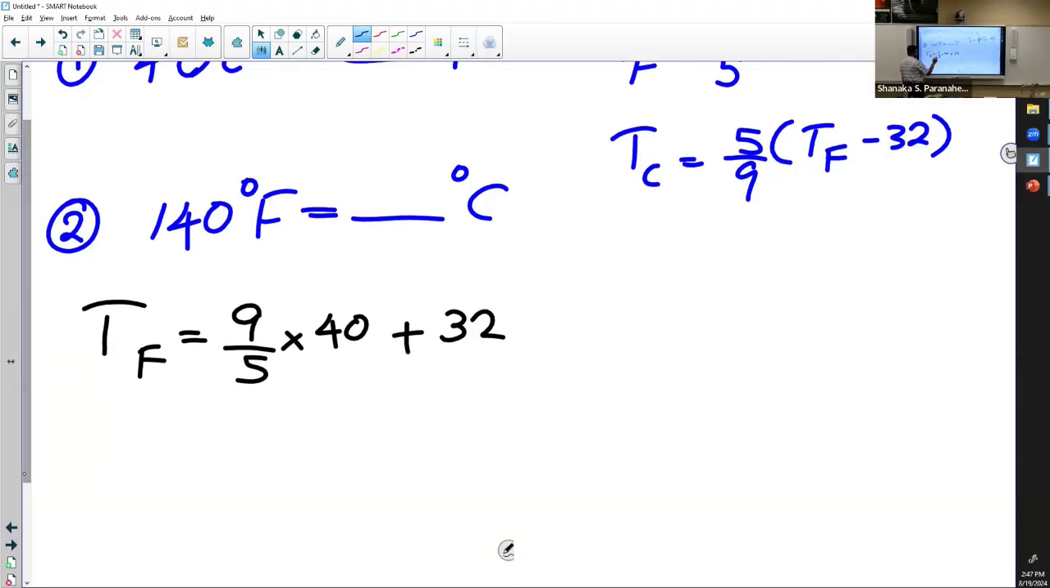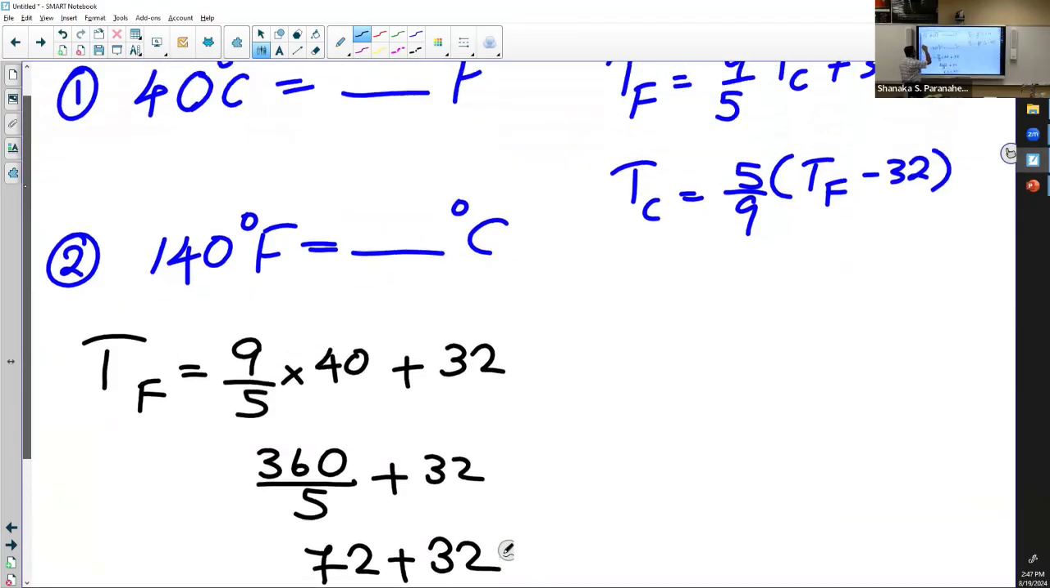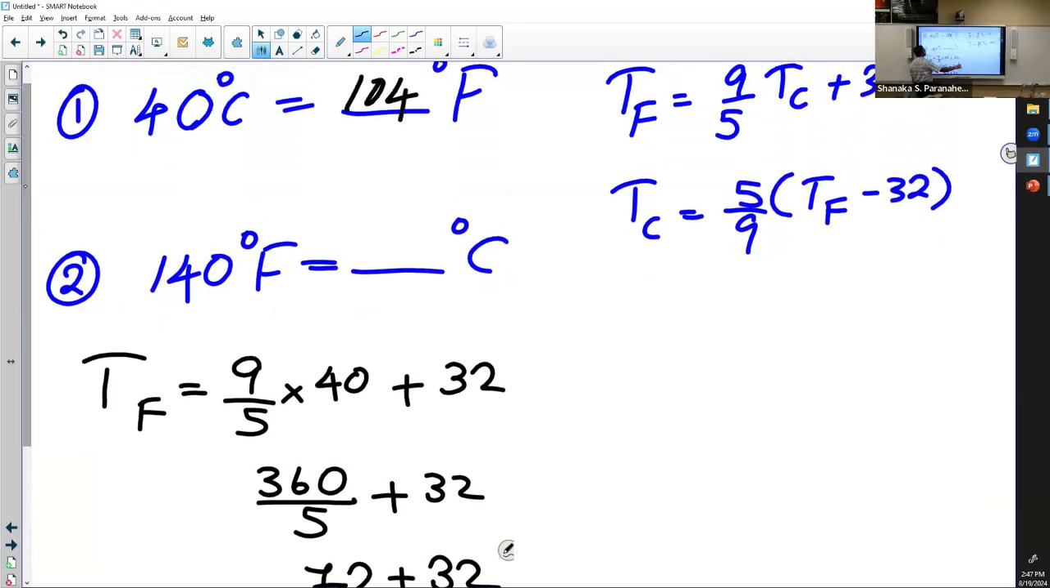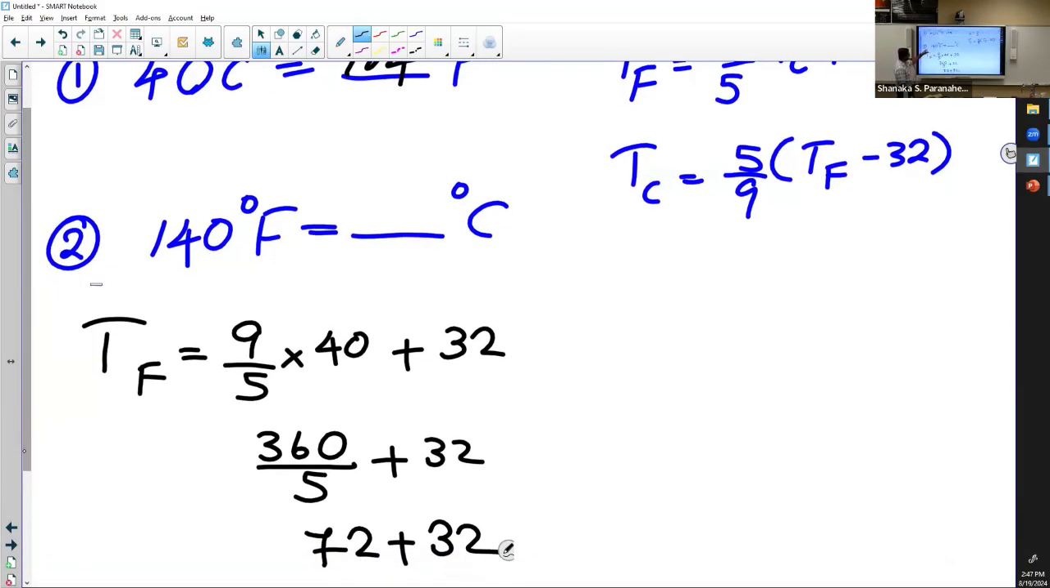So 9 times 40 is 360, divided by 5, plus 32. 360 divided by 5 is 72. 72 plus 32 is 104. So it's going to be 104 Fahrenheit. Any question? Good. Okay, so for the second question, we are going to use the second equation because it's already